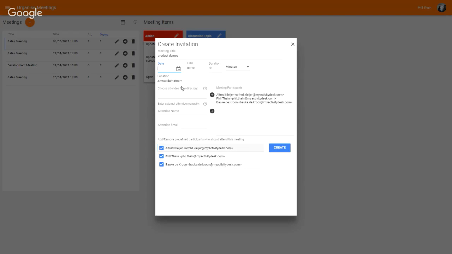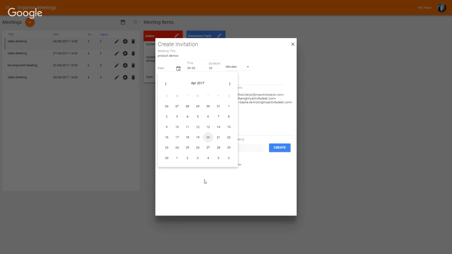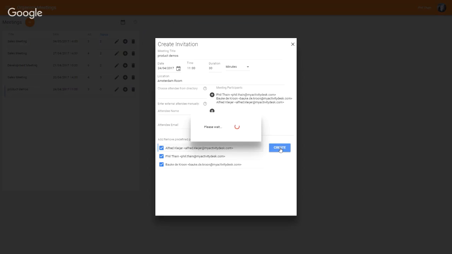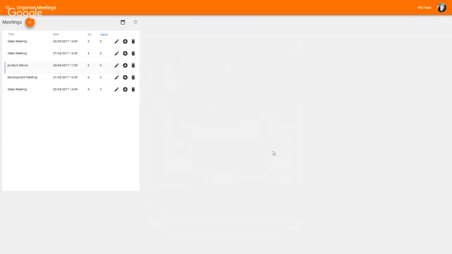Brings through a bunch of information from our controlling item. I'll give it a date. Let's do the product demos on Monday. We'll do that at 11 o'clock. We'll make it 30 minutes in the Amsterdam room. I can drop people out of the predefined list if I want to here, or I can add other people in if it's for a one-off case. But that's all there is to it. So when I create this meeting invitation, that will actually add it to the calendar, and it'll send an invitation out to